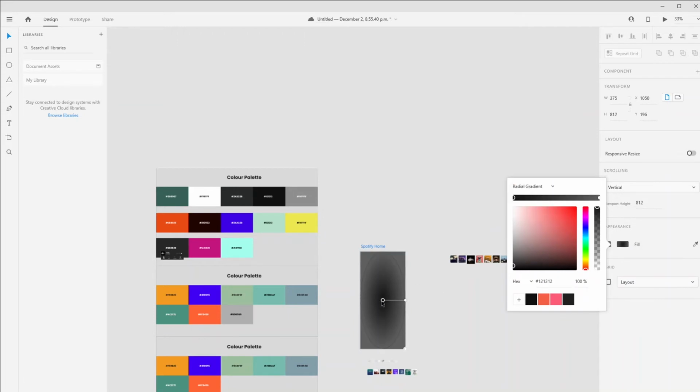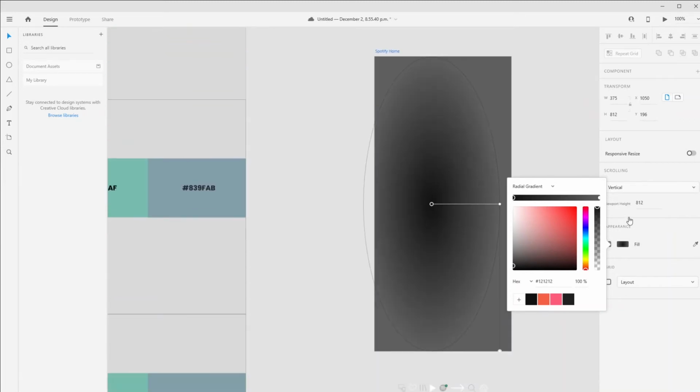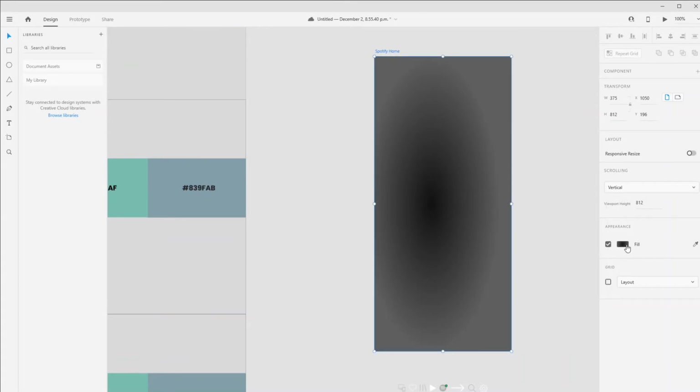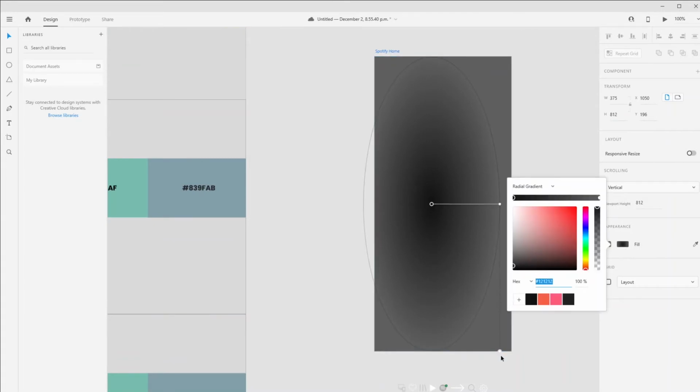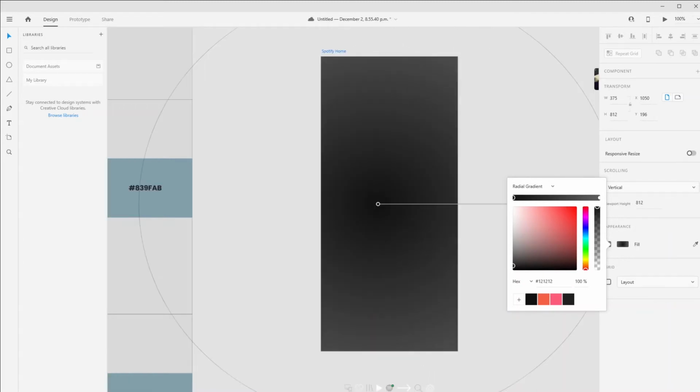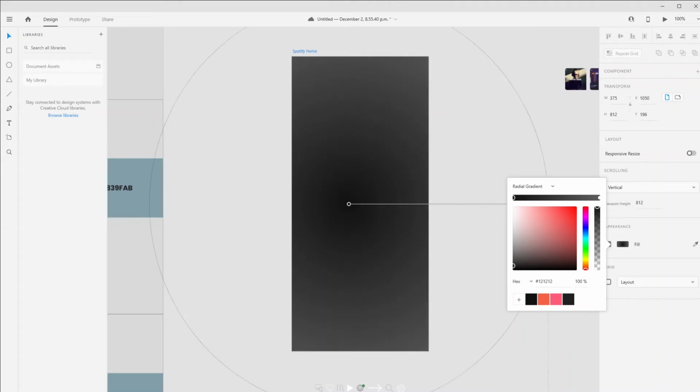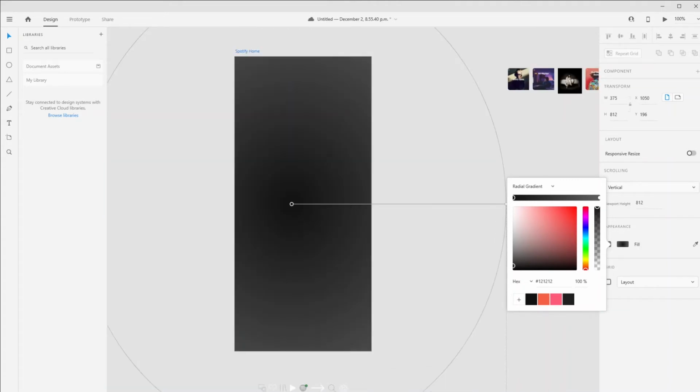So what you want to do is simply click on this little circle here, and then just drag up, right? And you want to get to the point where it's pretty much black,